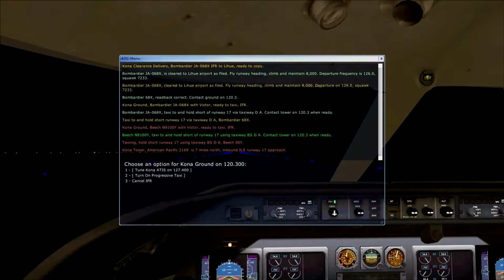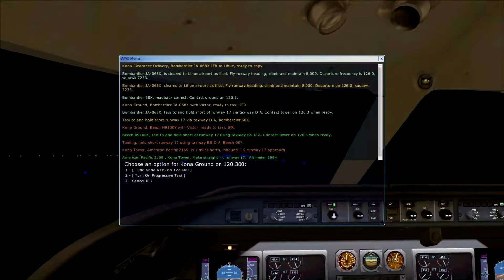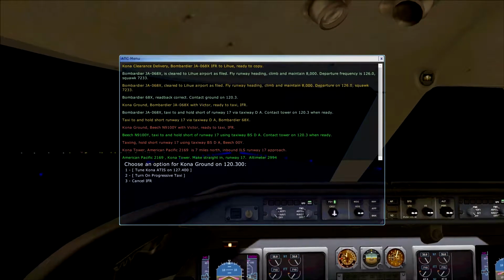There's ground and tower on the same frequency here. I did go out and test individually on just regular Flight Simulator, Midway and Christmas atolls, and see what they looked like. And I found...